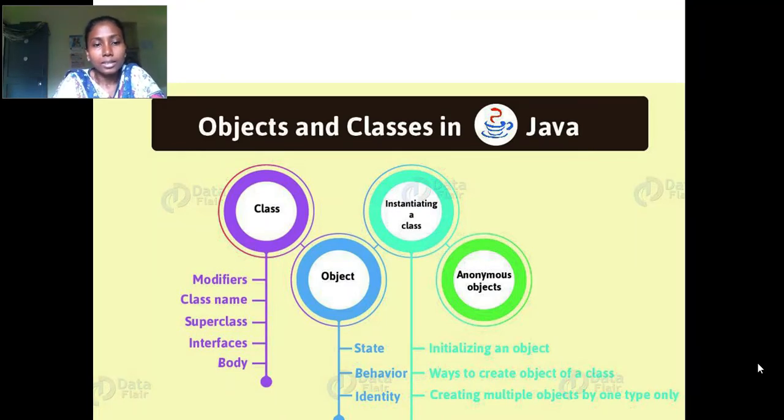A class consists of various things inside it. Like, your fields, methods, constructors, blocks, nested classes and interfaces, and modifiers.